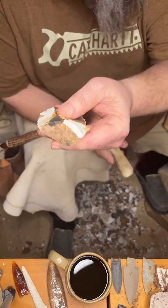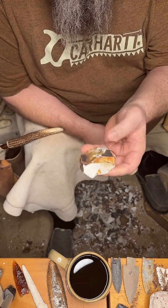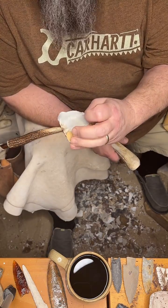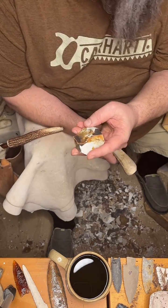All right, this thing's got all kinds of issues. It's got a big square blocky end here. It's got seams in it. So figuring that this end is going to break off, I'm going to try to use...